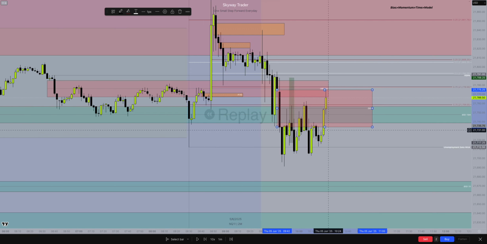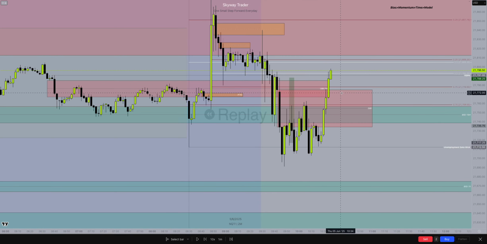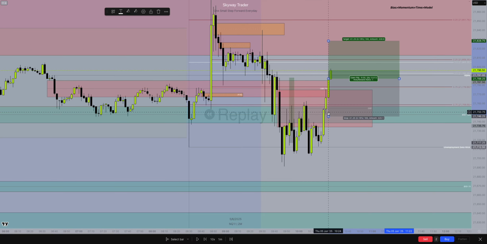So I am looking to see whether the 2 minute closes above there, right here, right? So two things you can do. Like you can take this long here if you're willing to accept the risk.